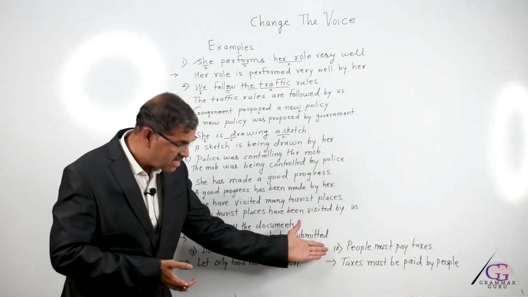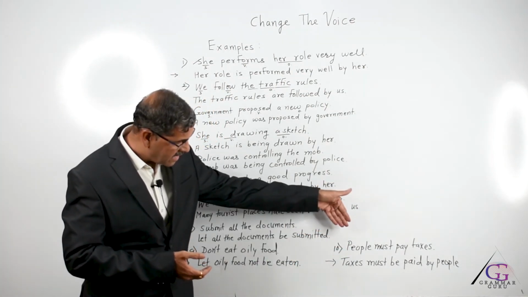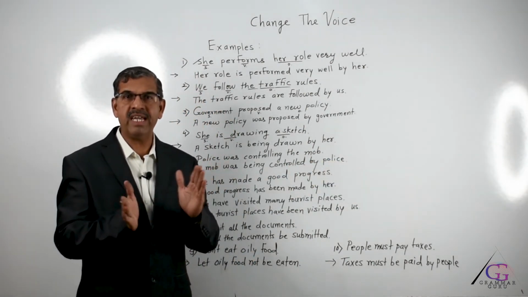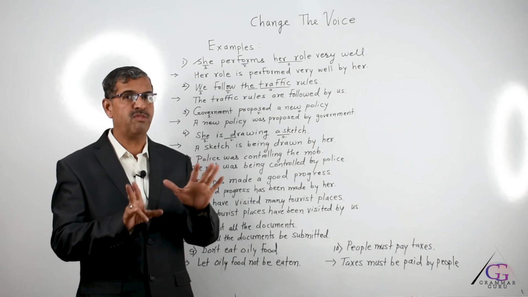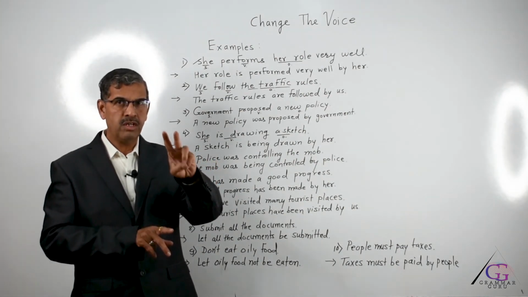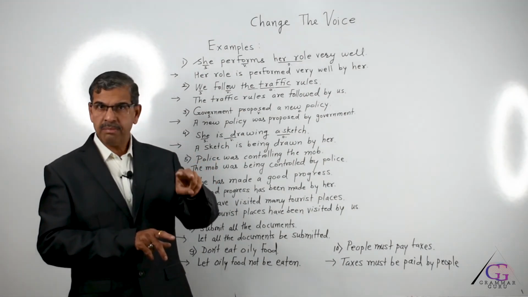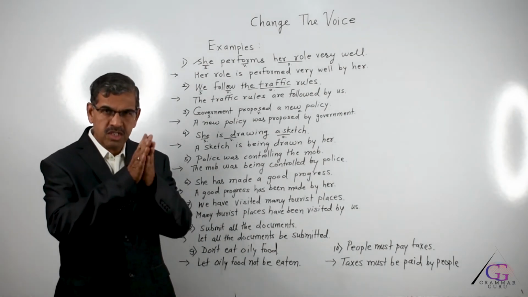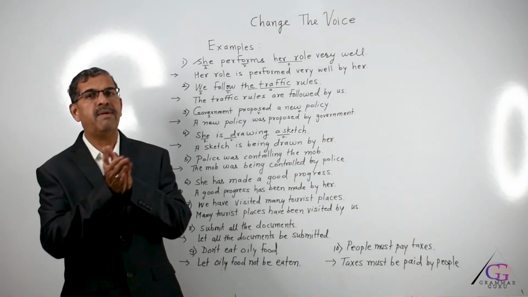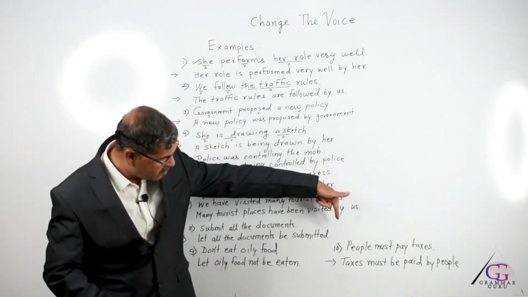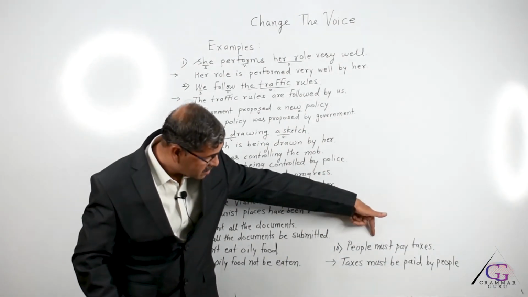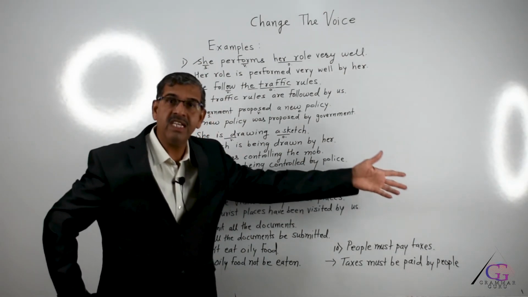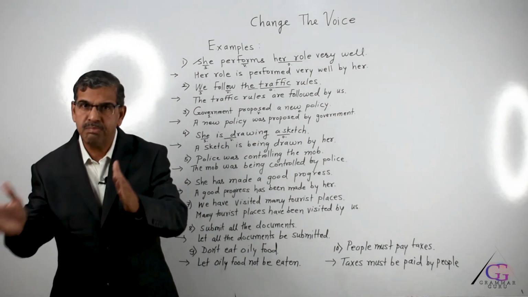If you look at sentence number 10, you will realize that people must pay taxes. If you remember, I have told you 20 helping verbs. Out of them, 9 we have to be very careful about: can, could, will, would, shall, should, may, and must. If you see any one of them in the sentence, just use the same helping verb followed by be. In this case, after the subject, must pay is the verb. Out of the helping verbs, must has come. So in the answer, there must be must be.